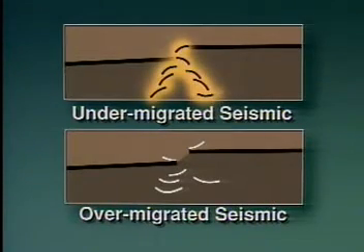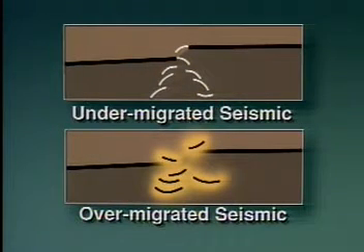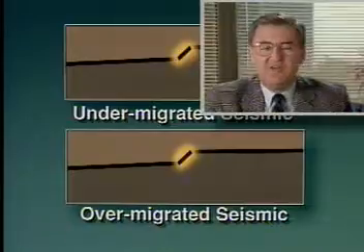Under-migrated seismic data will show an incomplete collapse of point and fault diffractions, suggesting that the velocity field is too slow. Conversely, over-migrated data caused by applying a velocity field that is too fast will show small inverted diffraction cones, or smiles. When the 2D test lines finally appear to be migrated properly, we can run the data through a